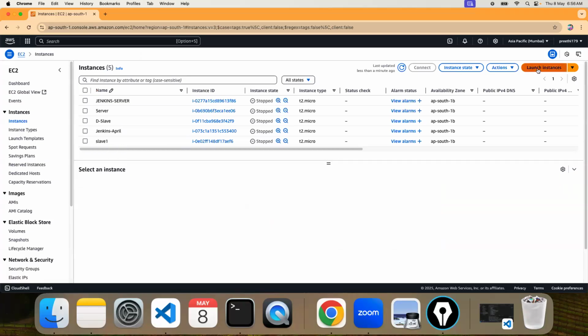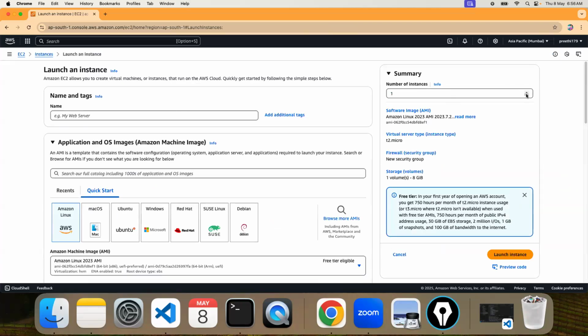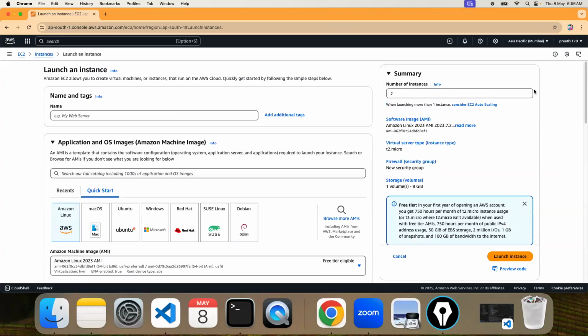So now let us create a cluster. I'm creating a 2-node cluster, right? You may create any number of nodes. I'm going to create a 2-node cluster and